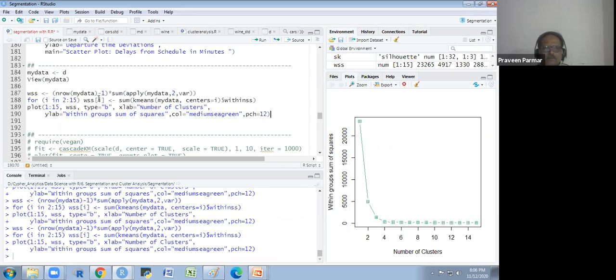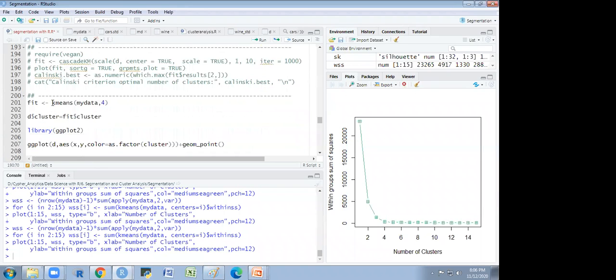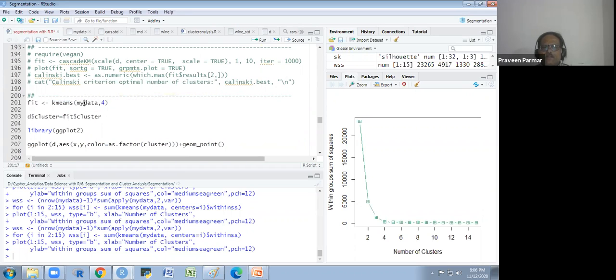Got it? And so I do the k-means clustering. The function name is kmeans, and the data and how many clusters you require. So in k-means, as I explained, first we have to decide the number of clusters. So we have decided the number of clusters through the scree plot. But in hierarchical clustering, first we make the model and then we use the scree plot. Then we cut the tree. Here we first decide the clusters. So I do it and